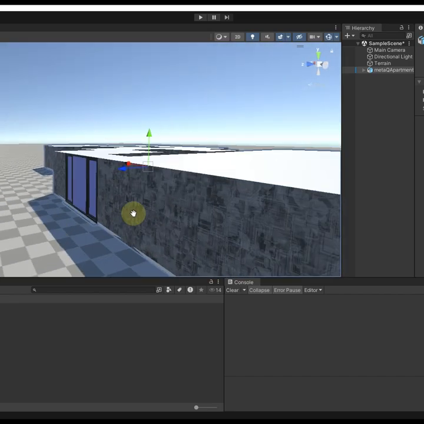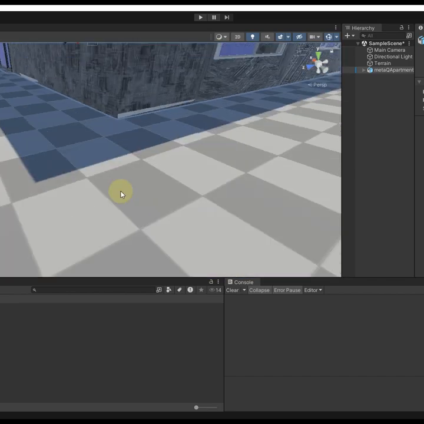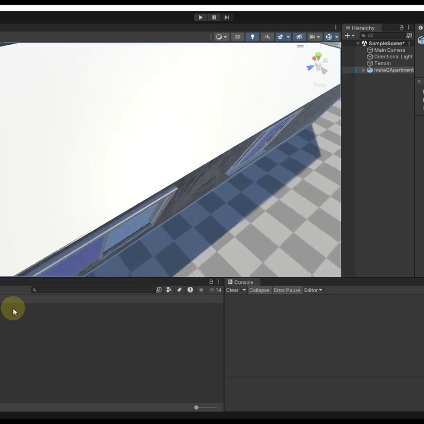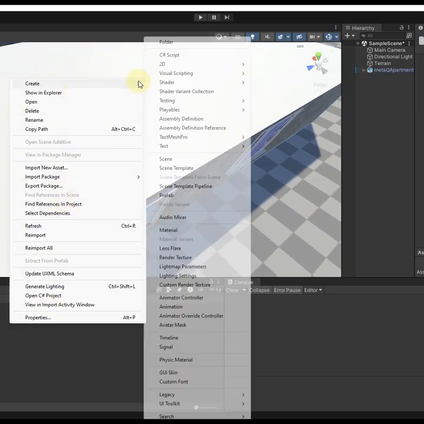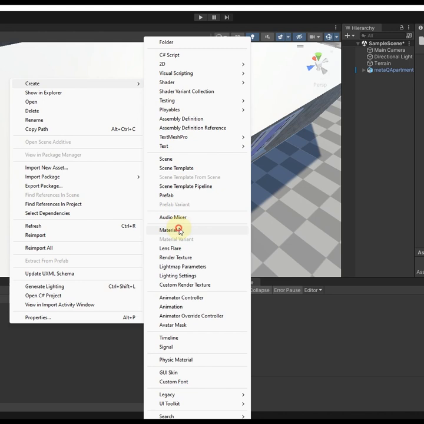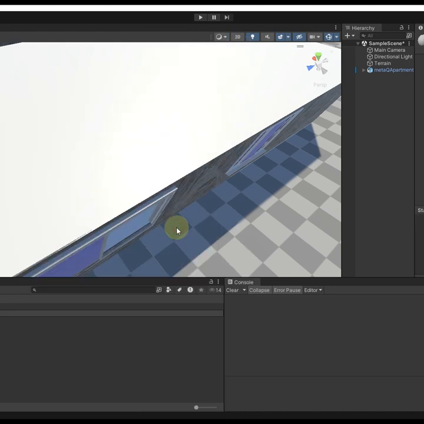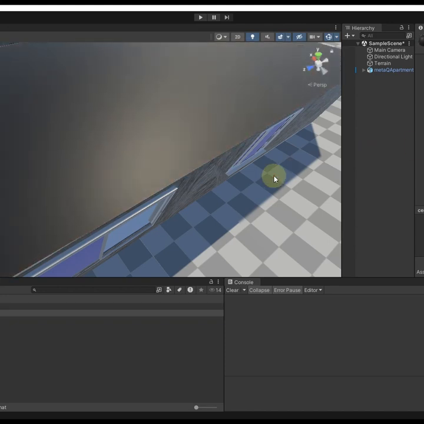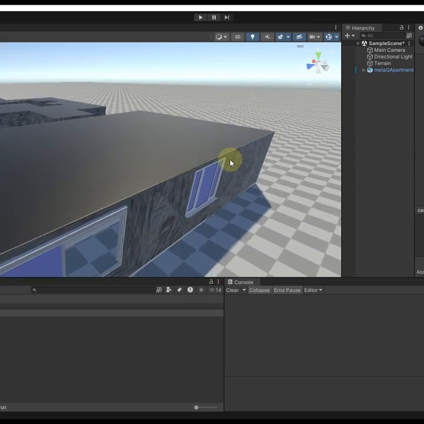For the roof, I'm going to just give it a dark roof. I'm going to create another material, maybe it's the roof or ceiling. Add it to ceiling and just give it a dark texture. And then going to the building,